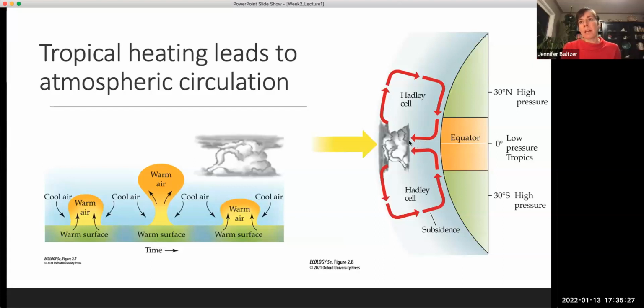Okay, so warm air rises up at the equator, forms clouds, and so you have a lot of precipitation at the equator. This is why we have warm, wet conditions there. This line that you can see here is the top of the troposphere, the tropopause. The warm air rises to the tropopause and then cycles around. Now it's dry air, because that moisture has been removed as it came up. It cycles back around and then drops down at the tropics of Cancer and Capricorn.